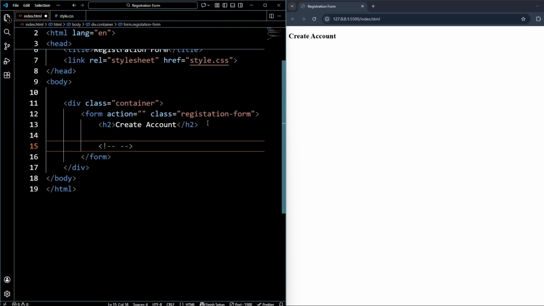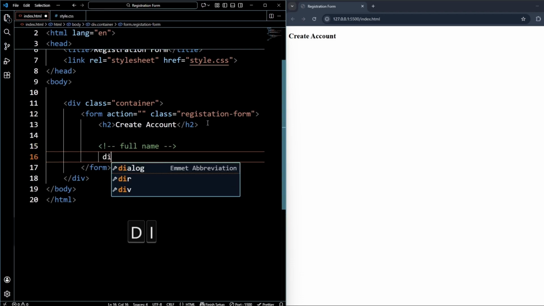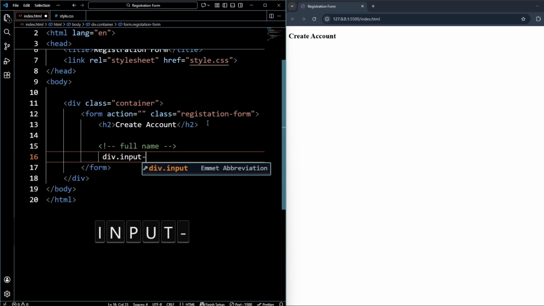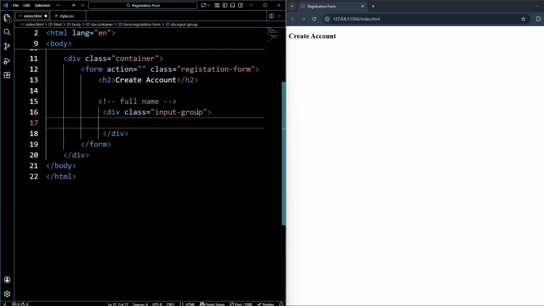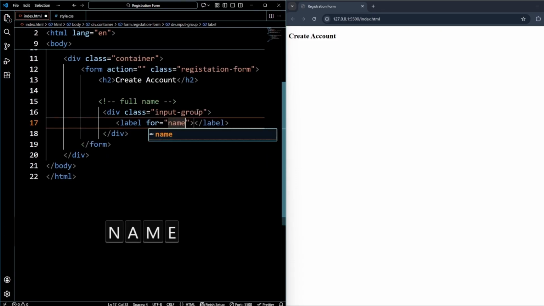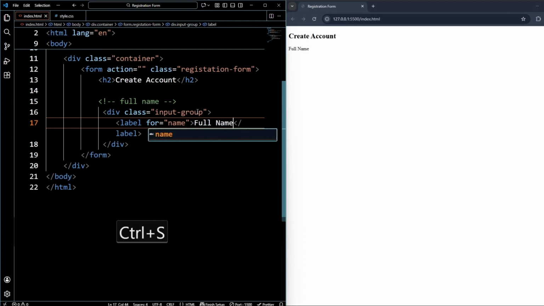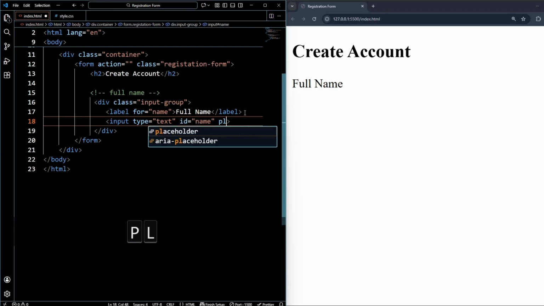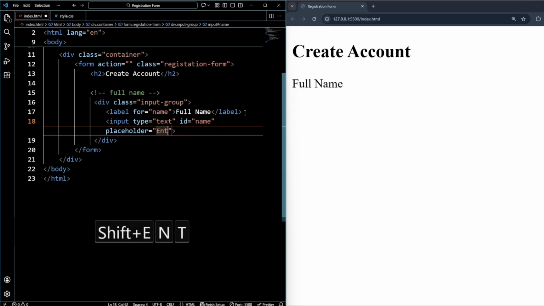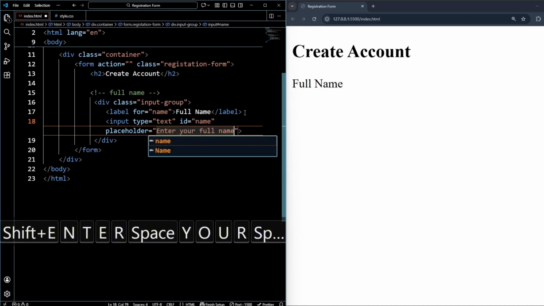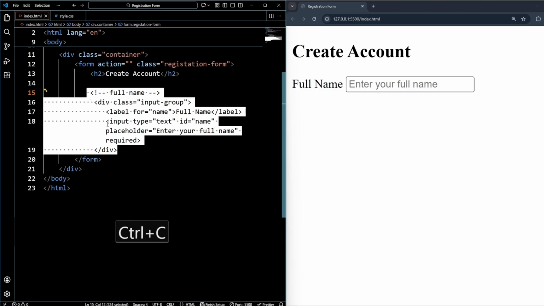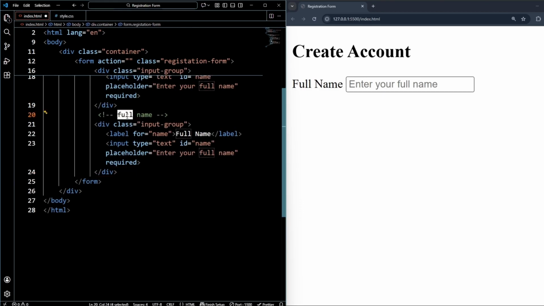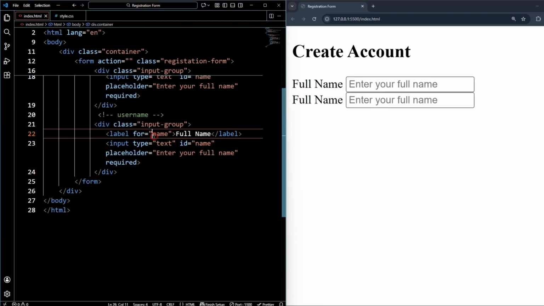Now below this we are going to create our full name. Again, use div with class name input group, and inside this create one label, and this is for name, and write here full name. Now create one input text and give ID, name and placeholder, and inside it write enter your full name. After that write required. Now copy this and paste again. In place of full name, write here username, and in label write uname and here username, and in placeholder enter your username,